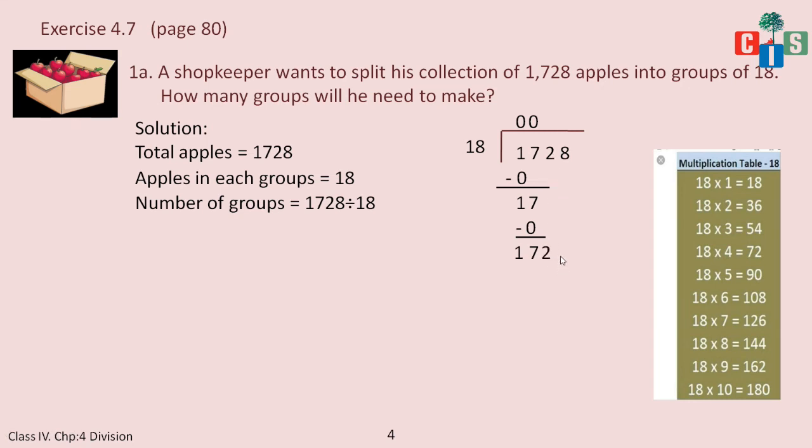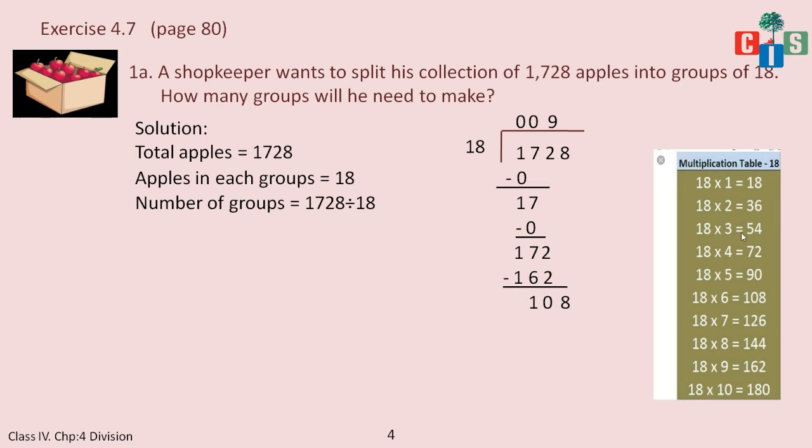Okay. Now I have 172, which is to be divided by 18. Now we will see in the table whether we have 172 or a number less than that. So here we have 18 nines are 162, which is less than 172. So we will have 18, 9 times gives us 162. And 2 minus 2 is 0, 7 minus 6 is 1. So 10. Fine. And then bringing down the 8. Okay. Now I have 108.